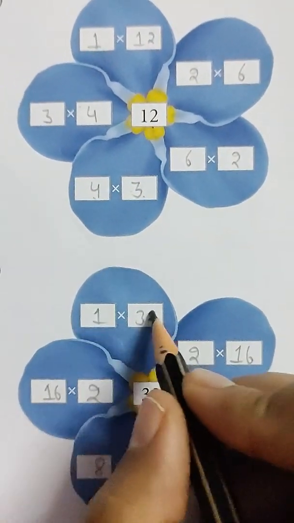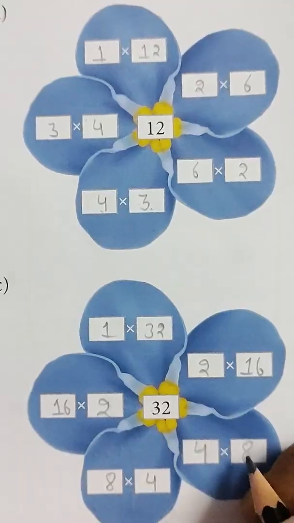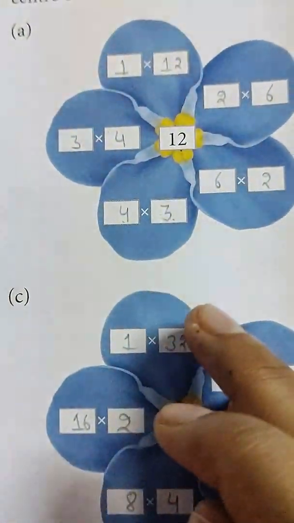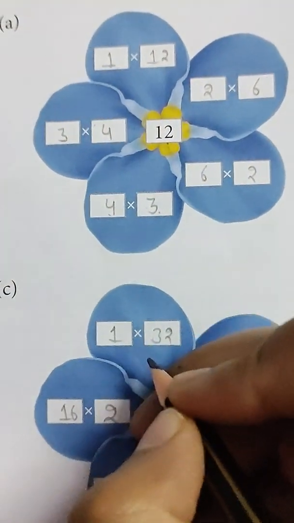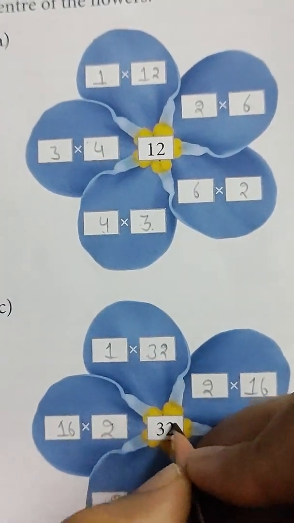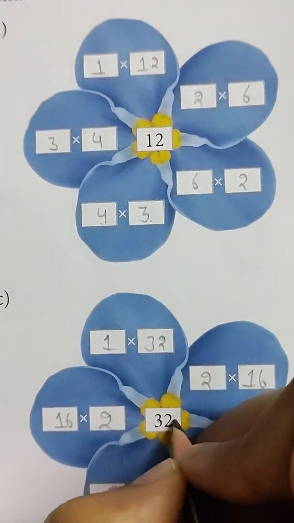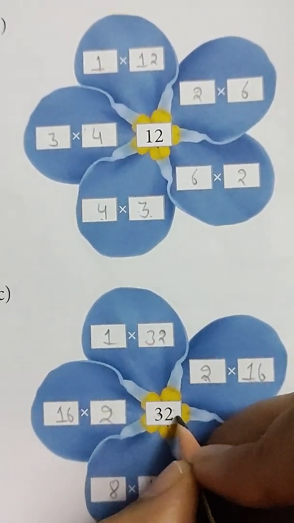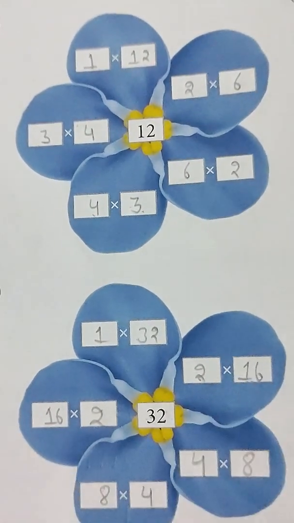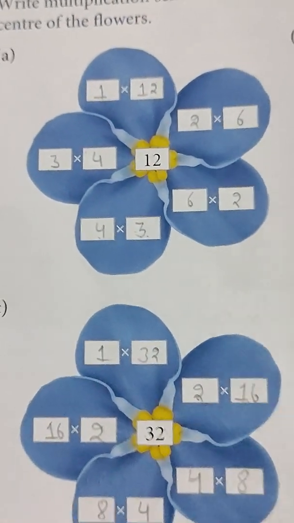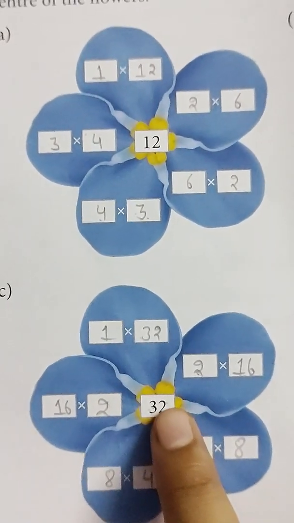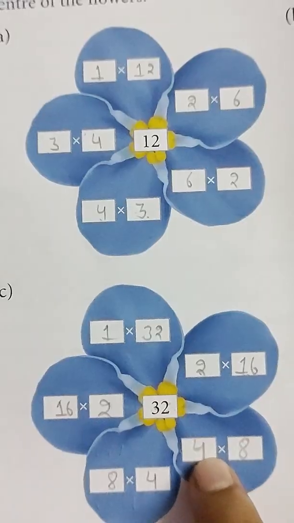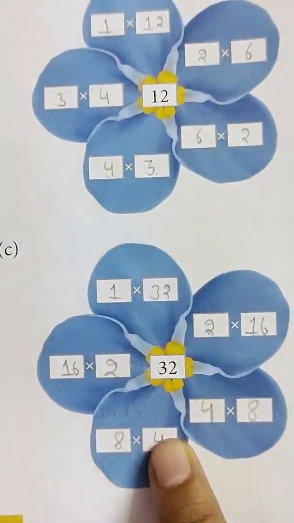32 table, 1 into 32 and 32 into 1, both are correct. ठीक है. Then we are having 2 table 32. Yes, we are having 32 in 2 table. At what number we are having? You can divide 32 by 2 and then you will get the answer here. So 2 16 the we are getting 32, or 16 2 the 32. Now in 3 table, do we have 32? No, we don't have 3 table 32. Then we will go for 4 8 the 32, or 8 4 the 32, both are correct. I have written like this.